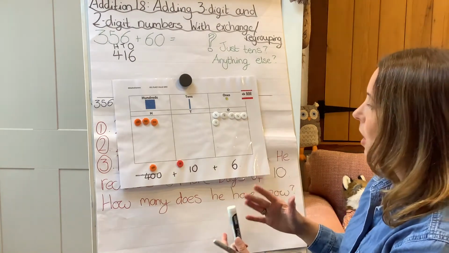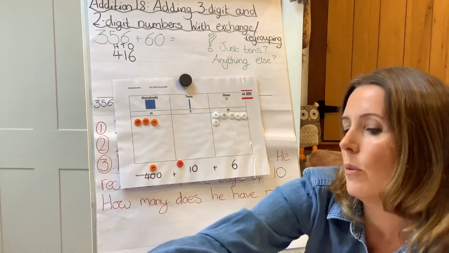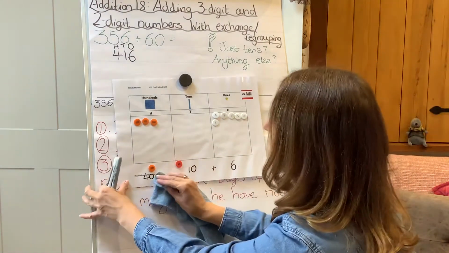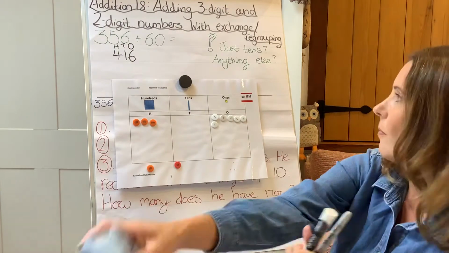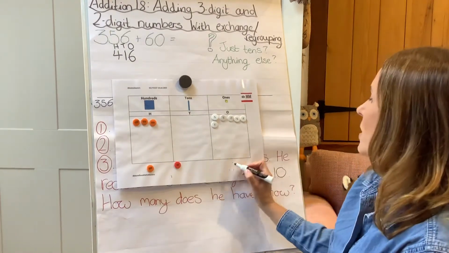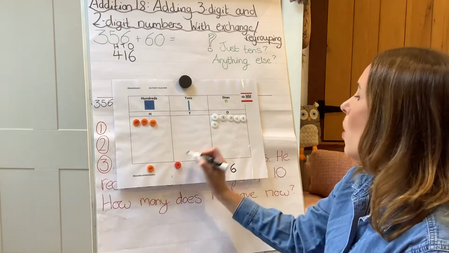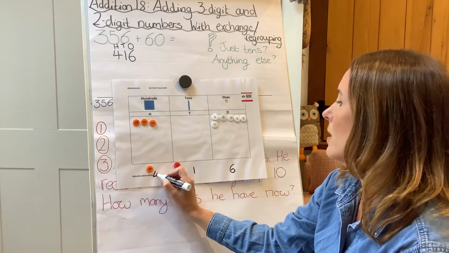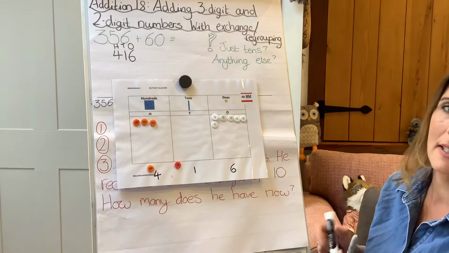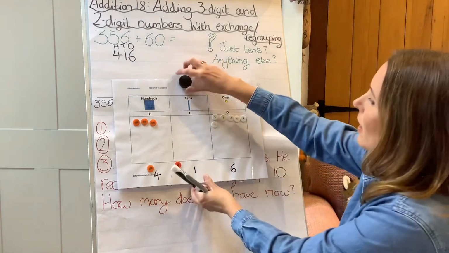But if we're moving on to column addition, what we would do here, we wouldn't write 10 in the columns. We would write, we've got 6 ones, 1 10, and we've got 4 hundreds, which would make 416 like that. Okay, so